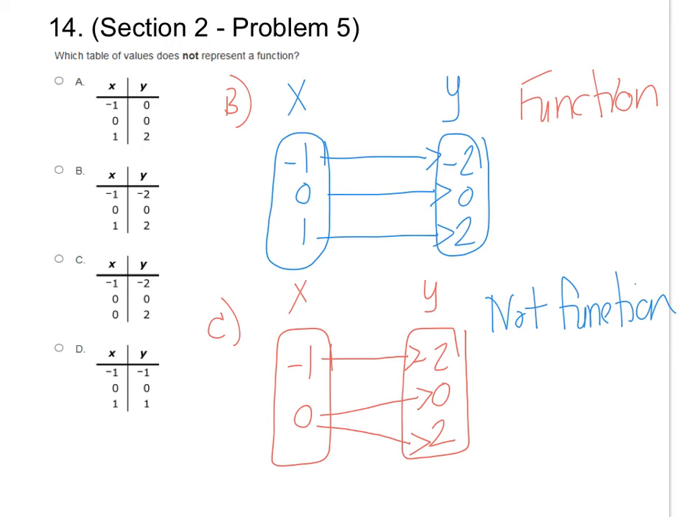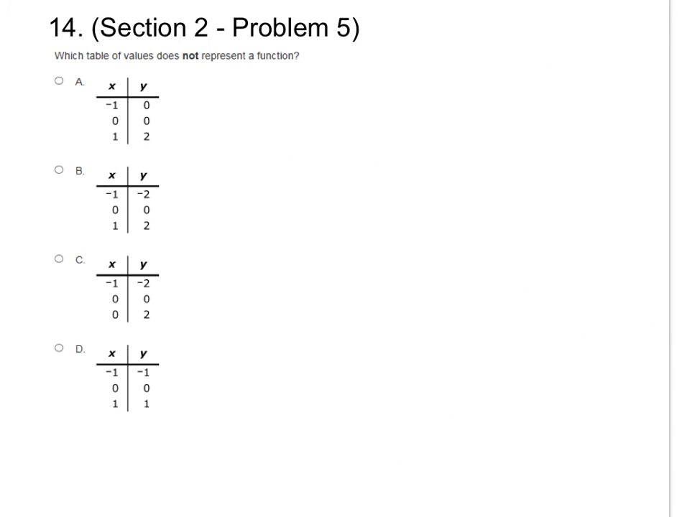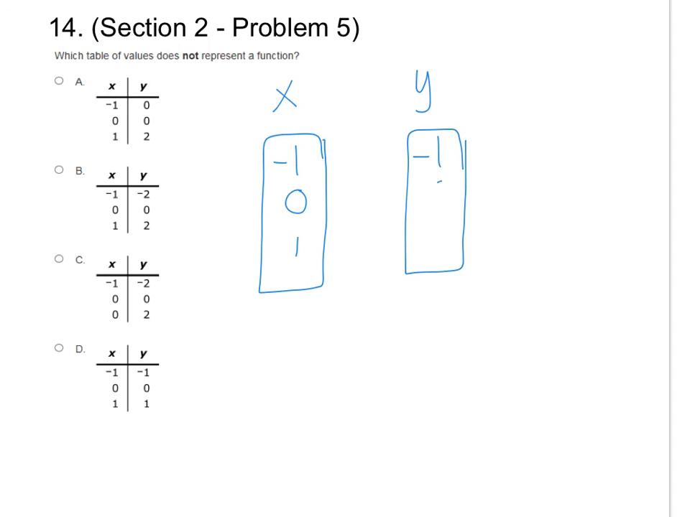On some questions on the MCA test, they might ask you to choose all that are not a function. I think this one there's just one, but I still think it's a good idea to check all of them. So next I'm going to check letter D. If I look at letter D and I put my x values over here, I have negative 1, 0, and 1. And then if I look at my y values, I have negative 1, 0, 1. So I'll draw my arrows. Negative 1, negative 1 is an ordered pair. 0, 0 is an ordered pair. And 1, 1 is an